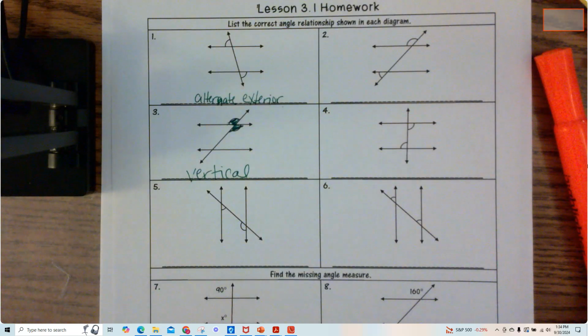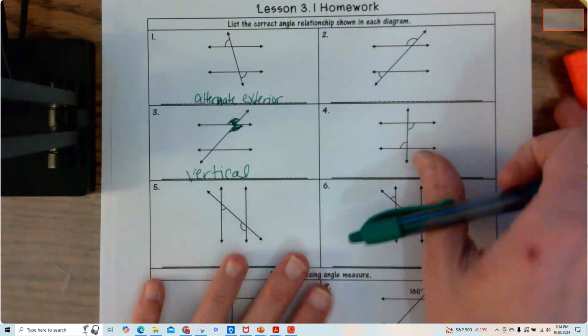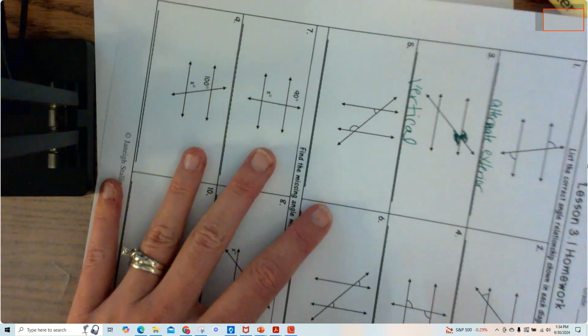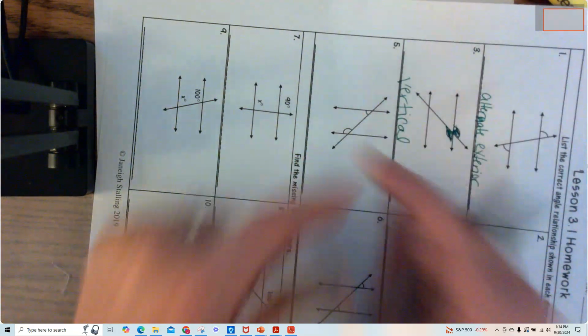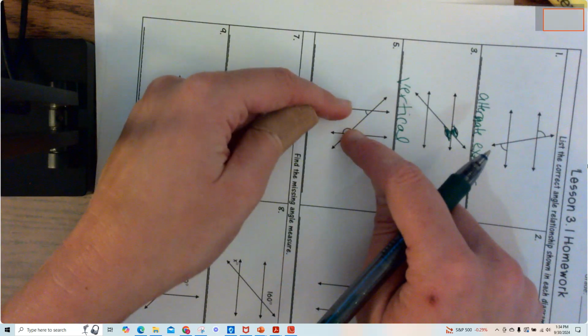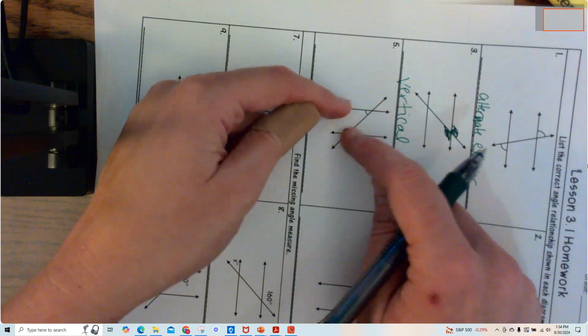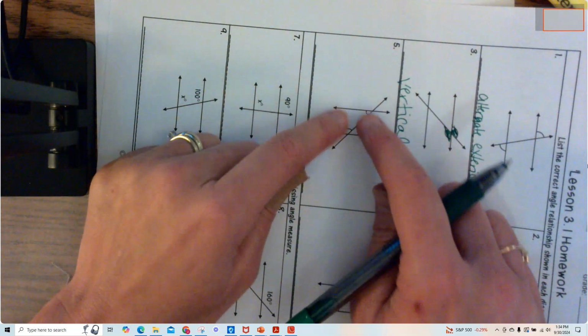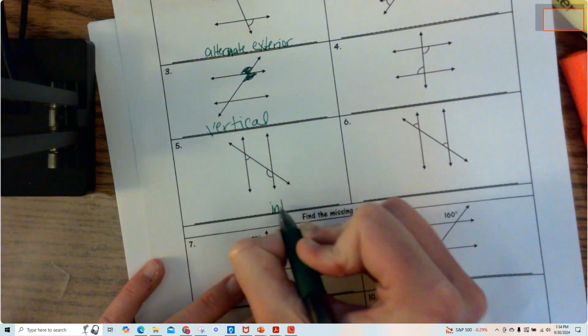All right, number five, inside, outside. Inside. If it messes with your eyeballs, just turn it on its side so that way you can kind of see. Think of it like a sandwich, those two parallel lines. That's what we're talking about when we mean inside, outside, okay? In between those two. So these are inside, so that means they're interior,